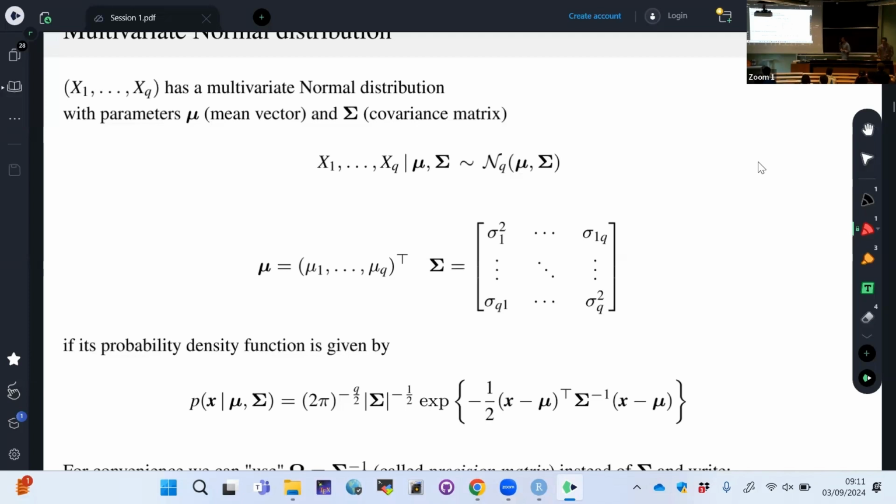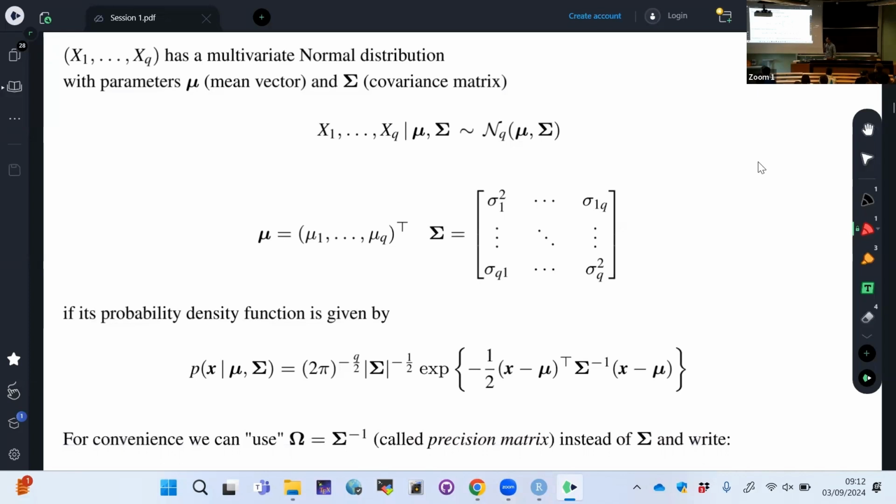Okay, where mu is our mean vector with components mu1, ..., mu_q, and sigma is the variance covariance matrix with the diagonal entries corresponding to the variances and the off-diagonal entries corresponding to the covariances between each pair of random variables. So if x1, ..., xq has a multivariate normal distribution, then its probability density function is given by the expression which is reported here,